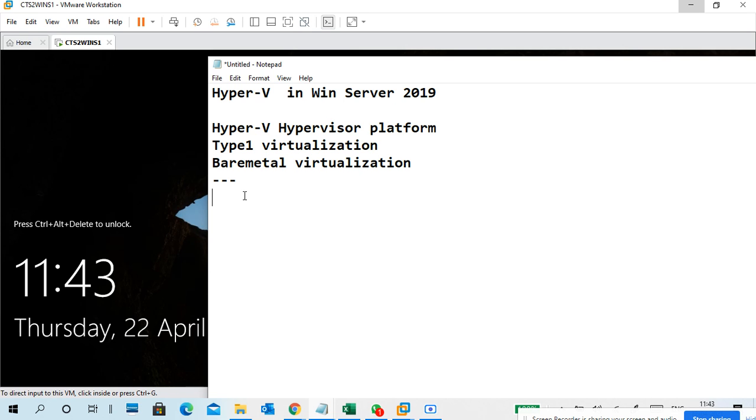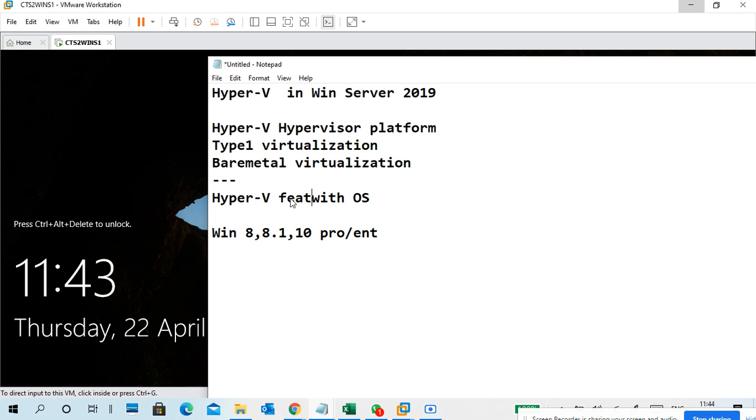But Hyper-V comes in two ways: not only as core Hyper-V, but also Hyper-V with the operating system. From my personal experience, with Windows 8, 8.1 and Windows 10 in Pro or Enterprise editions, you get the Hyper-V feature.